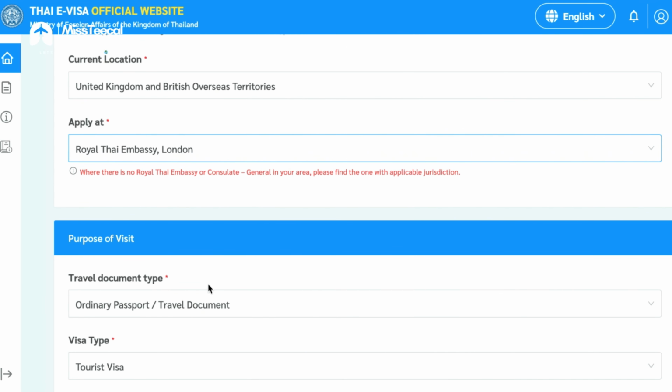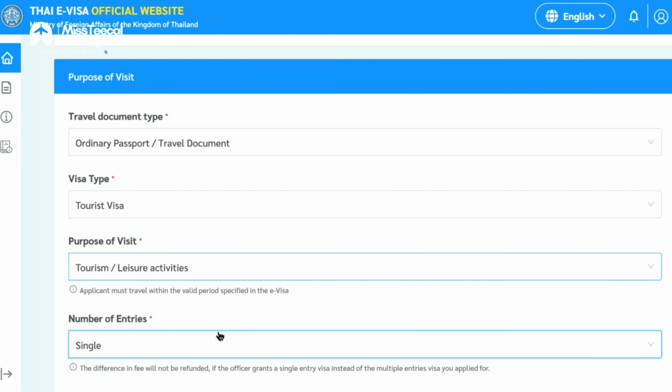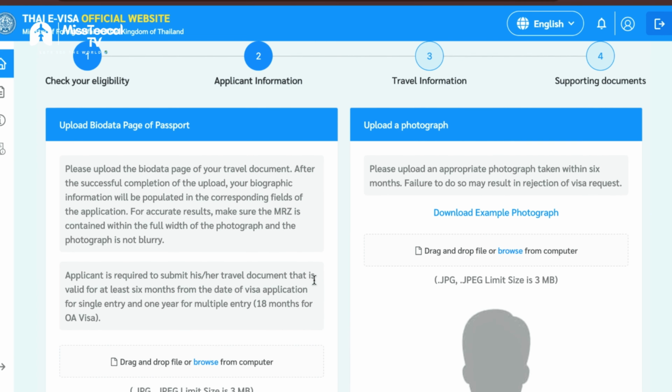why I'm coming. So I need a tourist visa, a single entry tourist visa. If you want a multiple entry tourist visa, this will cost you more. But I did a single entry tourist visa, which cost about $30, give or take. So now that you've told them how many entries you need, it will bring you next to a website where